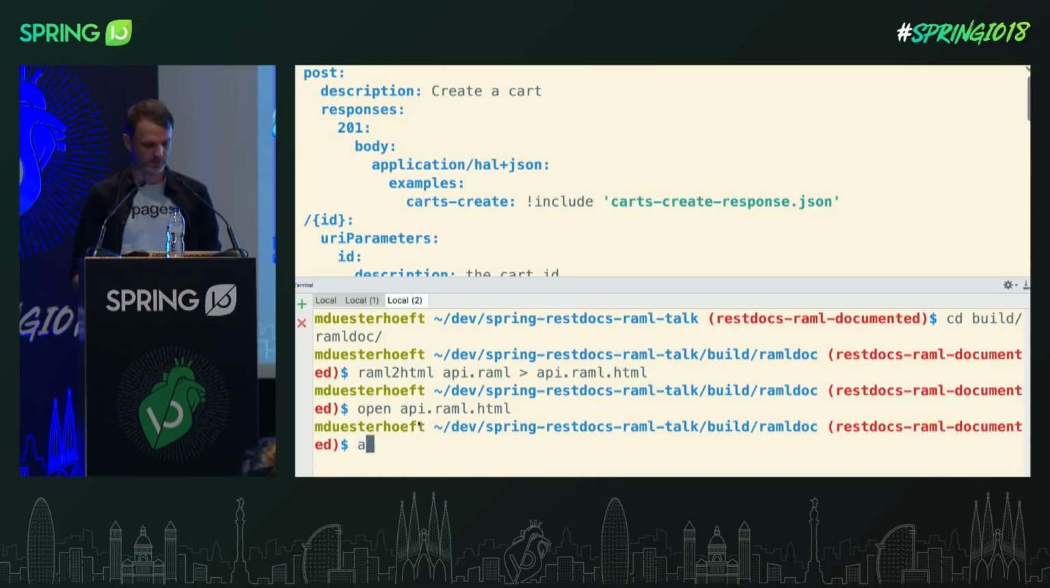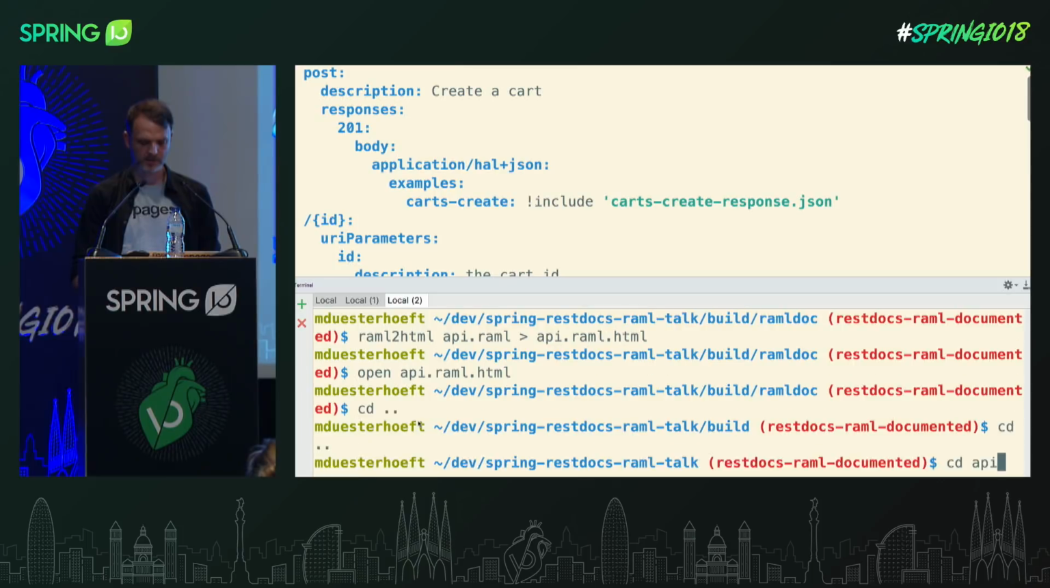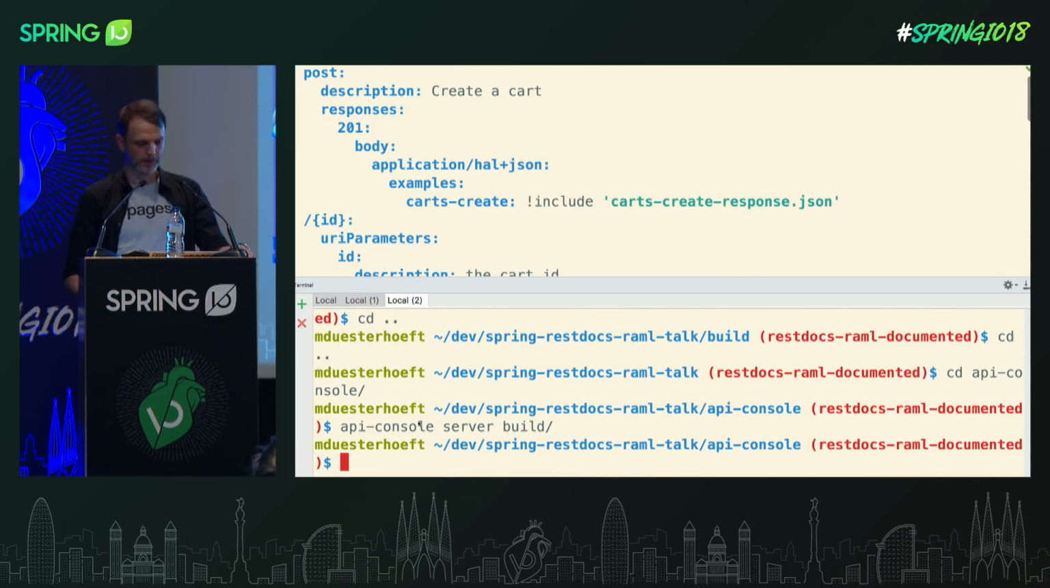Oh no, I need to go to a separate folder. I prepared something. This API console consists of two phases. First, you have a build command that can take the RAML file and then generates a web project out of it. That takes quite some time. It's doing all kinds of downloads there, downloading the internet probably, I don't know, but it takes forever. So I prepared that for you. So we just need to go API console, serve, and then the folder that the tool generated for us. And once that's there,